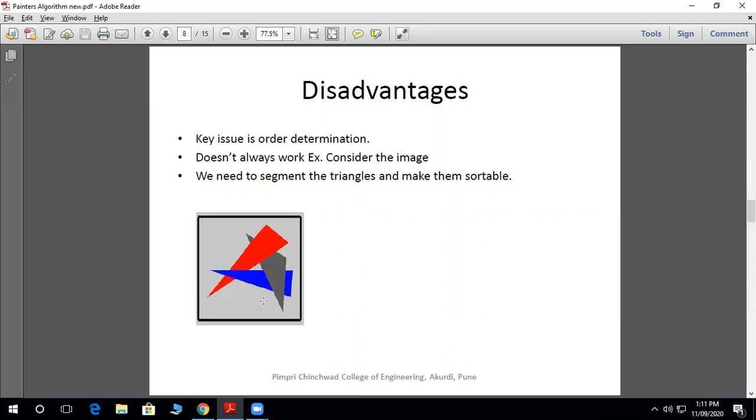So in this kind of example, the key issue is the order determination. For that we need to segment the triangles and make them sortable.